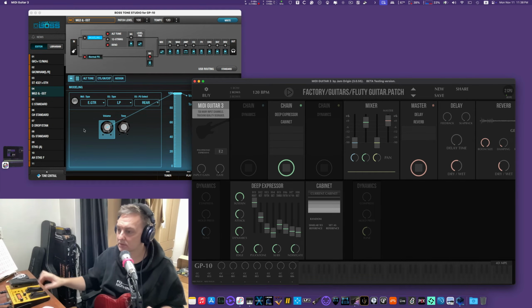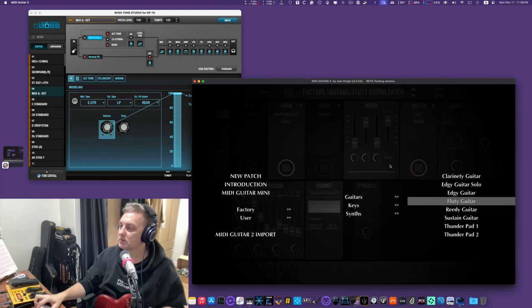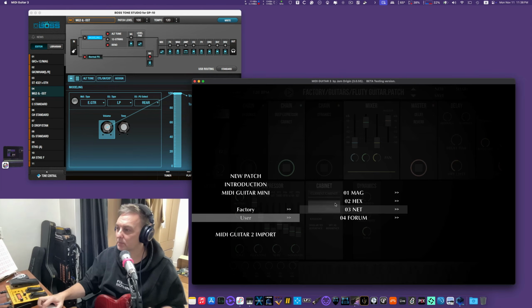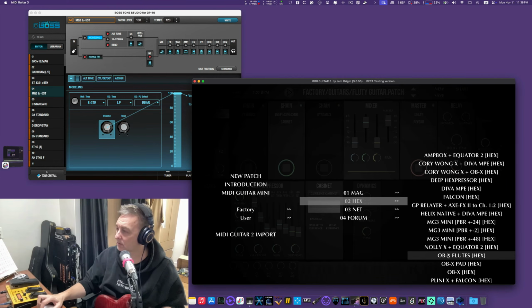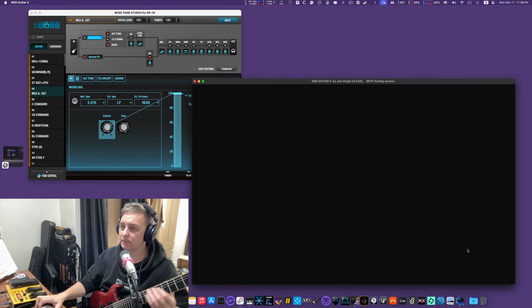Now the question is it still going to work with CC64? Now CC11 isn't selected here, so yeah, there it is. Okay, so anyway, I'm going to go back to the preset that I had before,